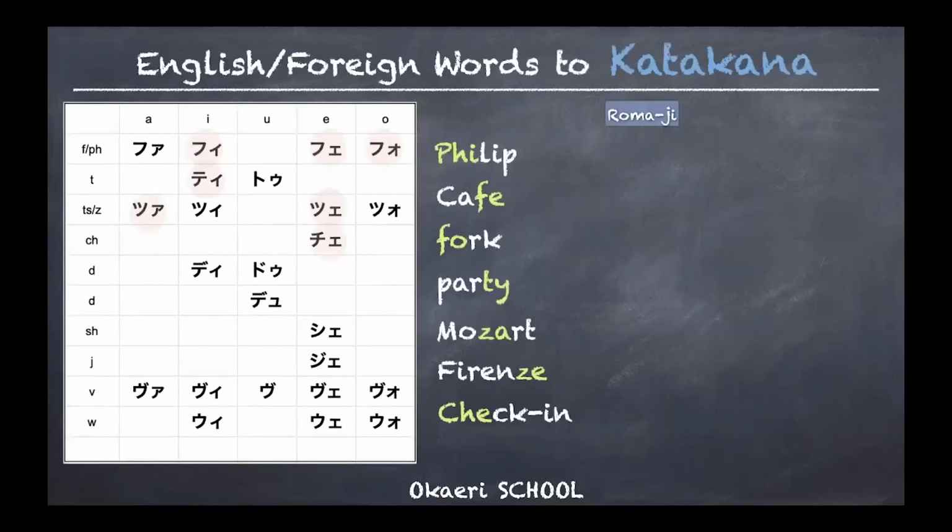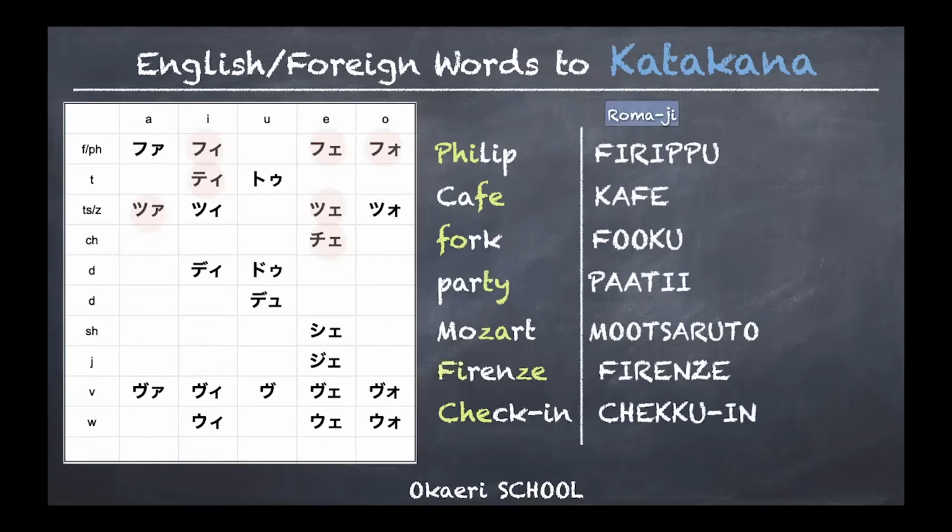Let's have a look at those examples we just saw. Philip, cafe, fork, party, Mozart, Firenze, check-in. These words in katakana, you can look for example at PHI, Philip, in the chart, but you can't find LI or just P. So what do we do? We first have to romanize those English or foreign words,